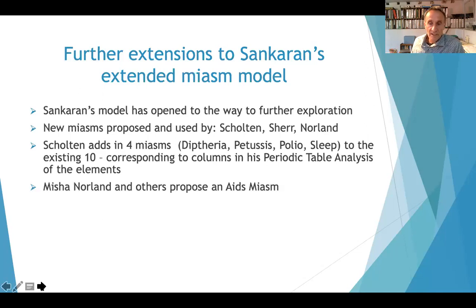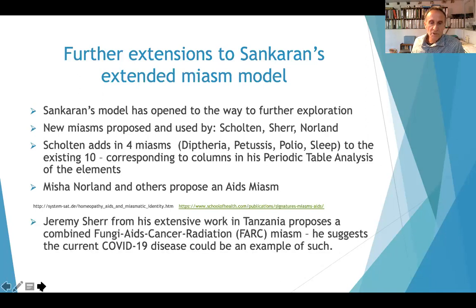Misha Norland and others have proposed an AIDS miasm. There's a reference to it. And Jeremy Sherr, from his extensive work in Tanzania, proposed a combined fungi, AIDS, cancer, radiation miasm called a FARC miasm. And he suggests that the current COVID-19 disease could be an example of that. So that fungi, AIDS, cancer, and radiation are